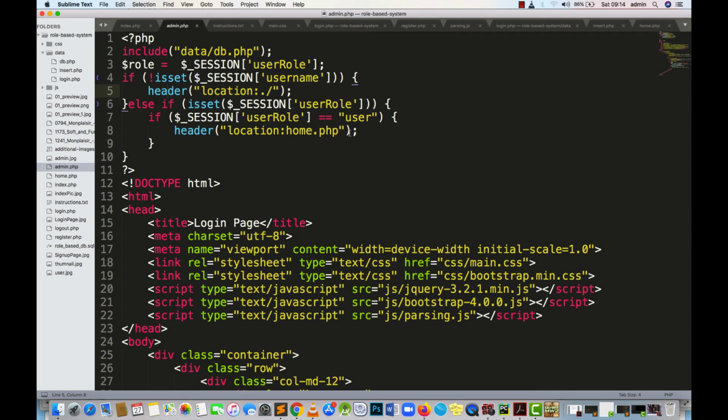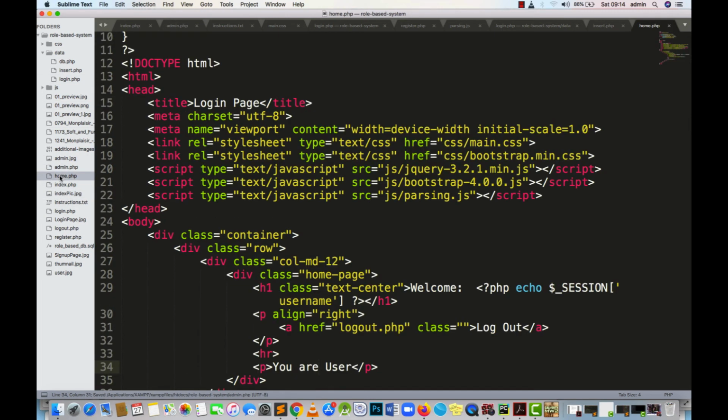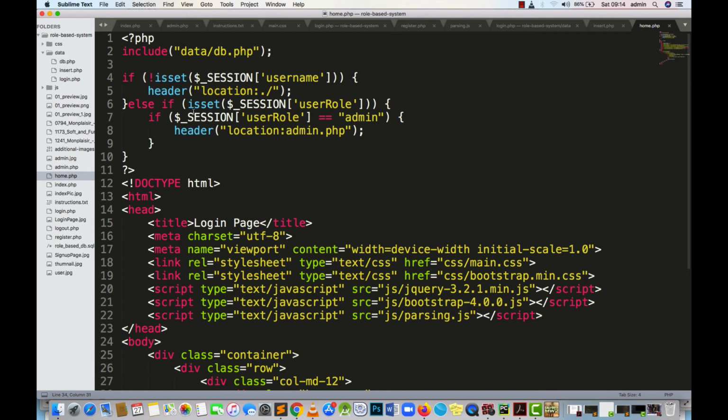home page. In case the user that has logged in is not admin, we will send them to the home page. We will have the similar PHP script which says if the person who has logged in here is admin, let's send them to admin page. So we are saying header location admin page. So if these functions are not there,